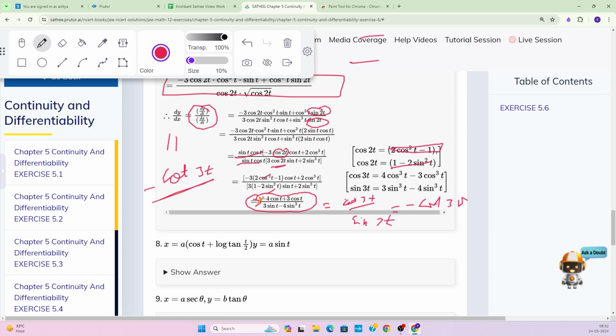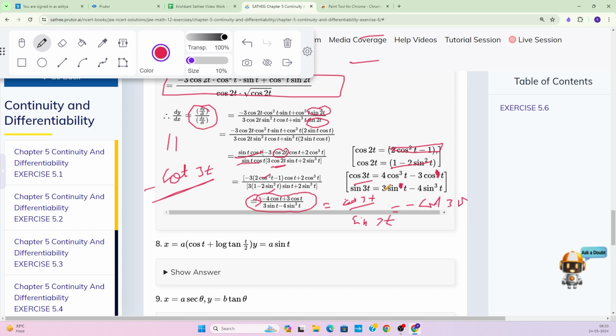If you take minus common from the numerator, you will get this form, as you can see, cos 3t, and in the denominator you already have sine 3t. Okay, the formula is not correctly written over here, so remove this 3 from here and remove this power 3 from here. Now the formula is perfect to use. Simple.